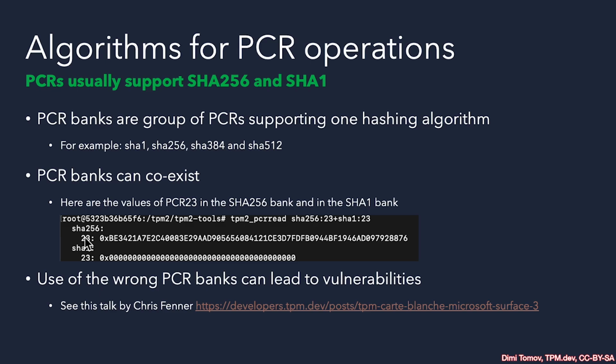This means that the SHA-256 bank and the SHA-1 bank are existing at the same time. And we can even specify using the PCR read tool to print the PCR register in both formats with the two digests. And as you can see, the value is different because they're different registers. Of course, there could be exceptions to that, so we have to be extremely careful when extending information that it falls in the proper bank with the right algorithm that we want to use, so we don't get the wrong data when preparing our status reports based on PCRs.